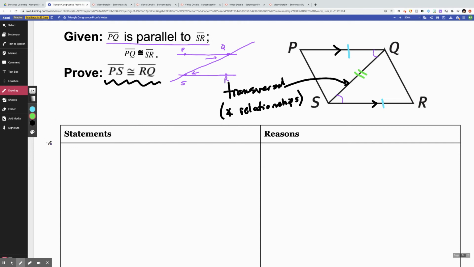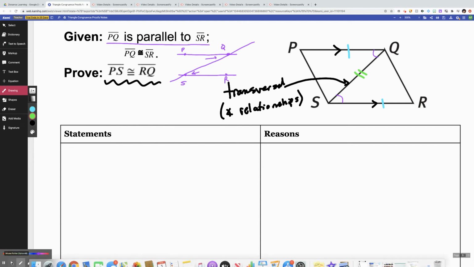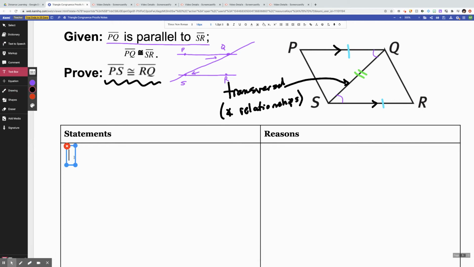So let's go ahead and write this out. I'm going to start always with my given information. So PQ,